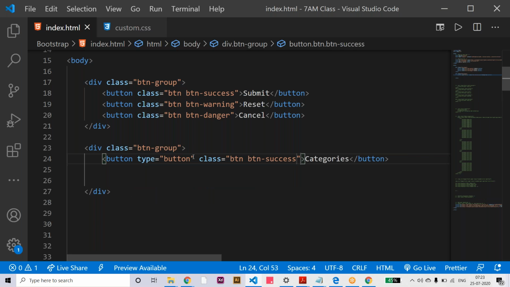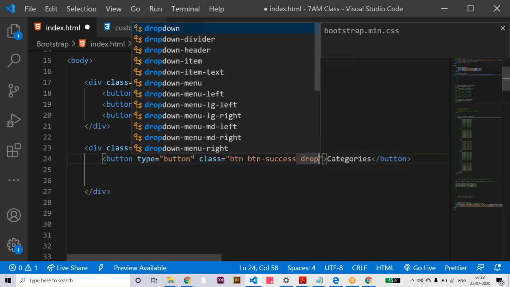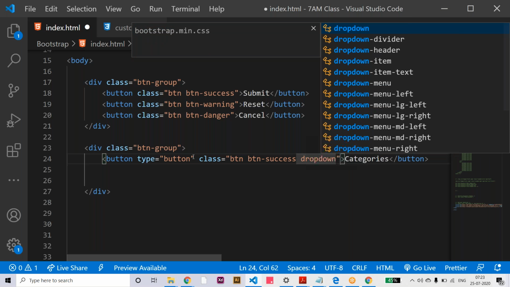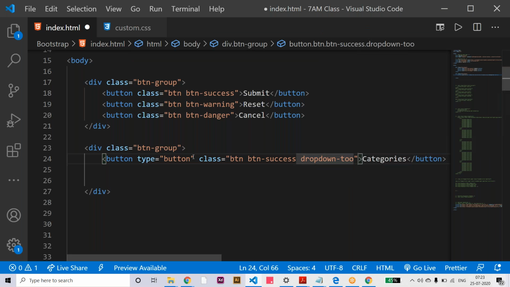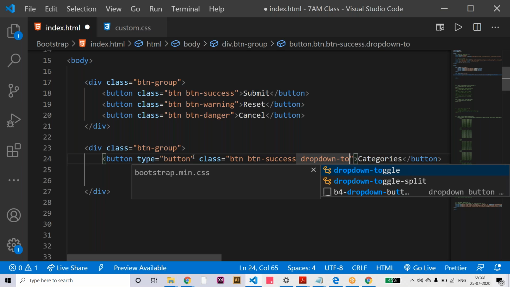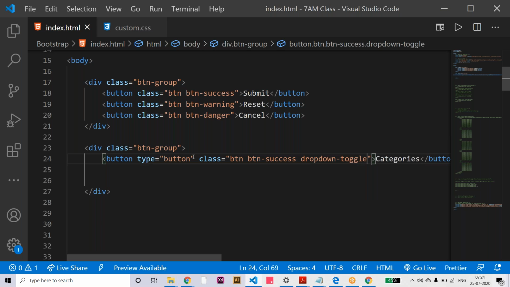And for the toggling purpose we are going to say dropdown-toggle. Button dropdown toggle, right?